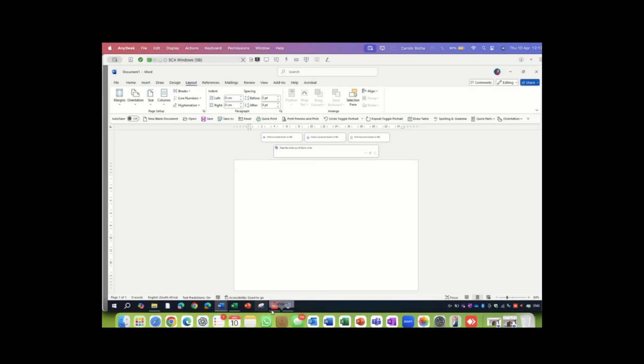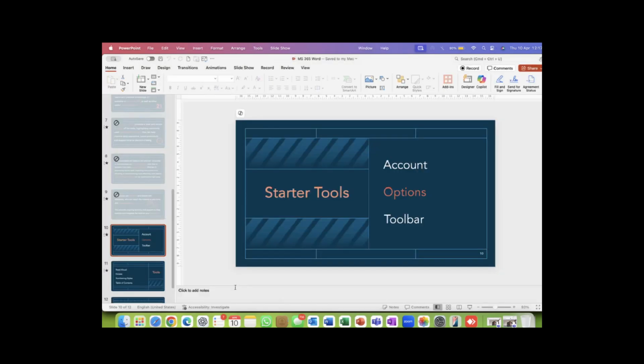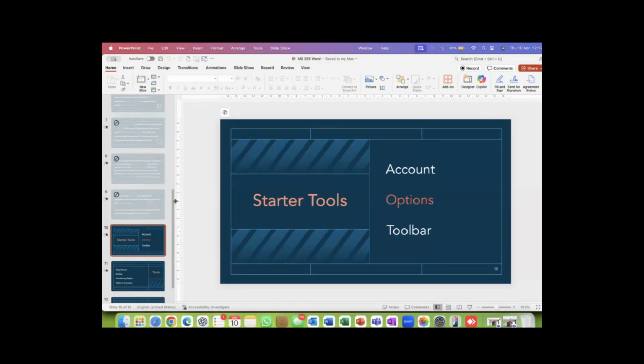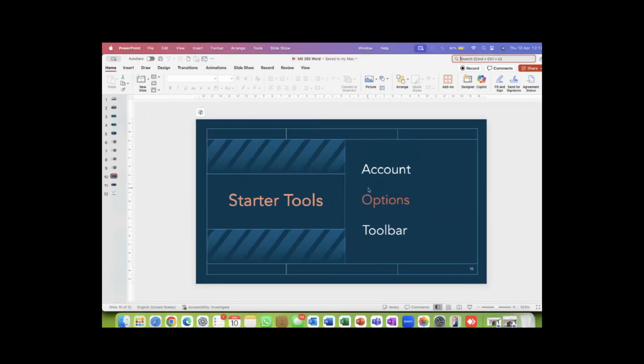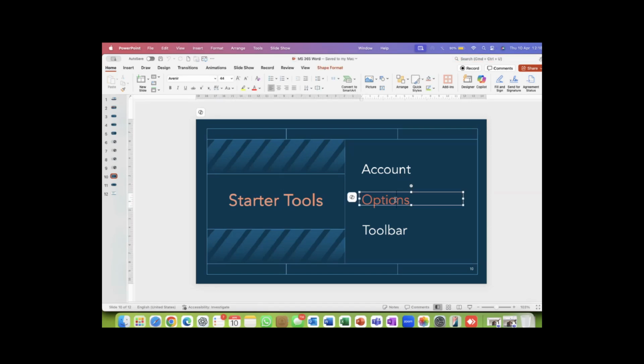I really hope if I go back to my presentation, I'm not going to do a full slide here. I'll just do slideshow. There you go. Setting the right account, having that in place, I found that all over the show when I log onto a computer, that is one of the biggest problems. Setting the options, especially enabling you to open attachments and fiddle with the toolbar. As a matter of fact, it is the quick access toolbar. There you go. I'll just add that. That is a handy option to have.